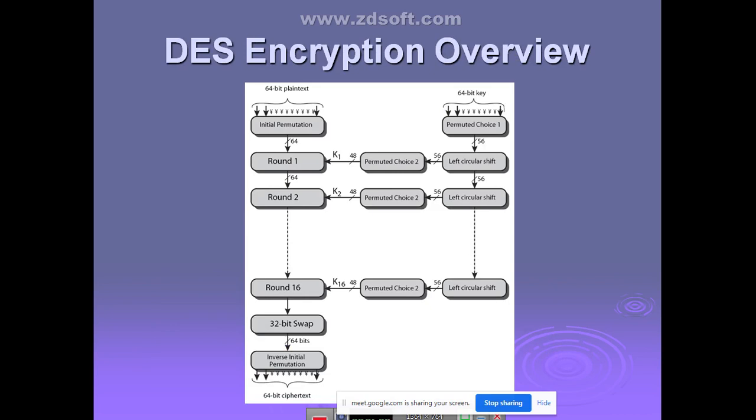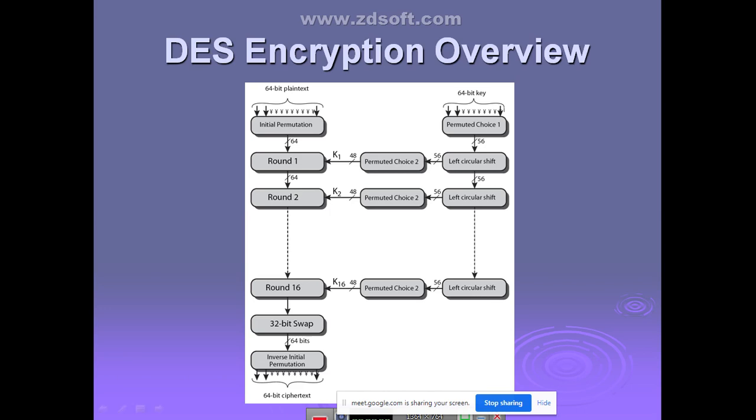It is going to perform different types of substitution techniques and permutation techniques, so that it is going to encrypt a 64-bit plain text message, using a 56-bit key, to produce the 64-bit cipher text. The same thing you do in a reverse manner is what is called the DES decryption algorithm. Any doubts with respect to this, guys?